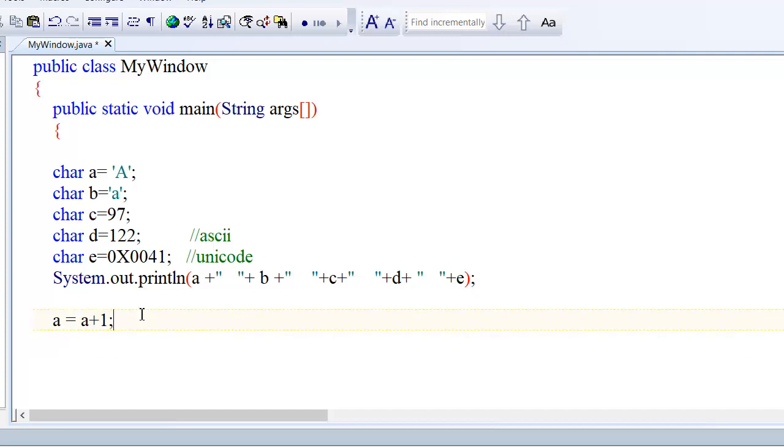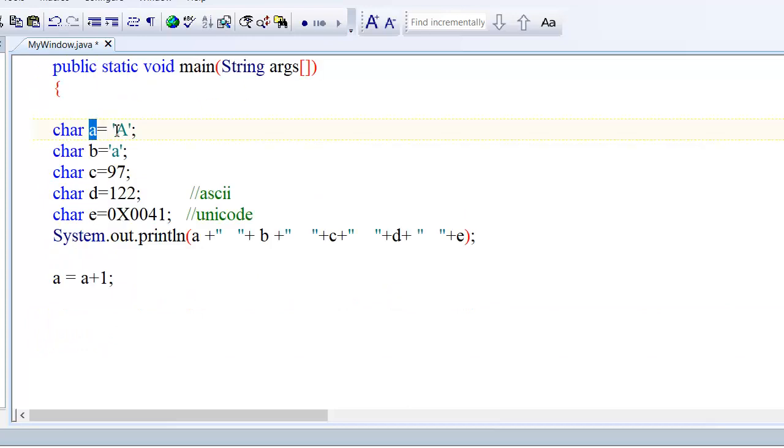So what are you thinking? I am writing here A equal to capital A. What is the value of A now? Capital A. If the value of A is capital A, then here we use a character A equal to capital A, and then we do A equal to A plus 1. If we do A equal to A plus 1, then what will happen? What is the value of A? The value of A is capital A, plus 1, what will it become? Capital B. Suppose I write here C. So what is the value of A?